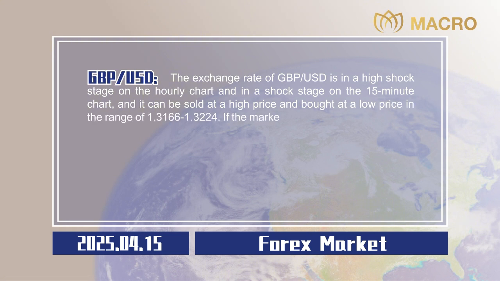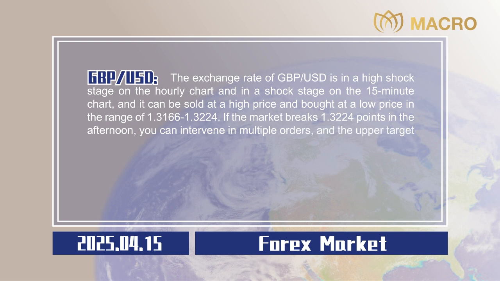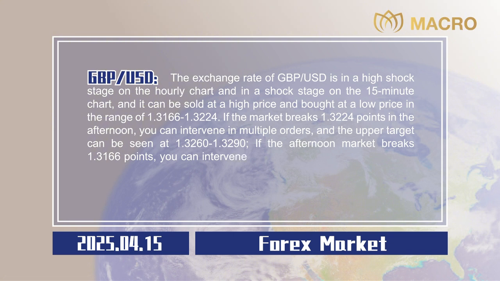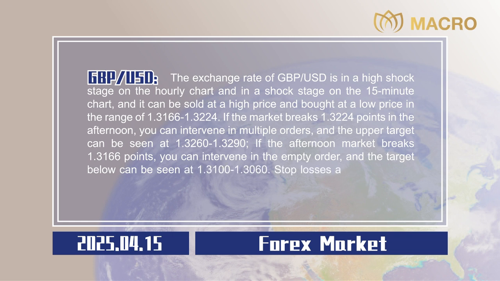If the market breaks 1.3224 points in the afternoon, you can intervene in multiple orders, and the upper target can be seen at 1.3260 to 1.3290. If the afternoon market breaks 1.3166 points, you can intervene in the empty order, and the target below can be seen at 1.3100 to 1.3060. Stop losses are all 20 points,